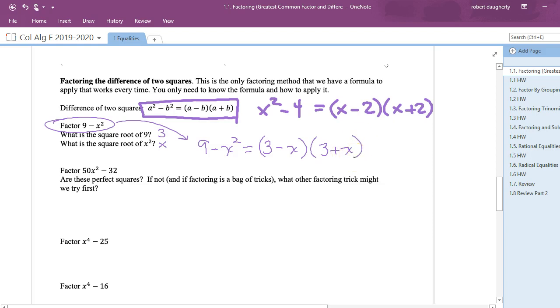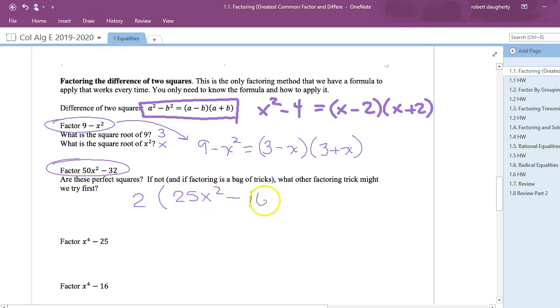Let's look at 50x squared minus 32. Now, are these perfect squares? They are not. But this is where factoring sort of piles on, or it relates to using different rules at the same time. So in this one, these are not perfect squares, but they're both even numbers. So there is a greatest common factor. So I could factor out a 2, and I would be left with what? 25